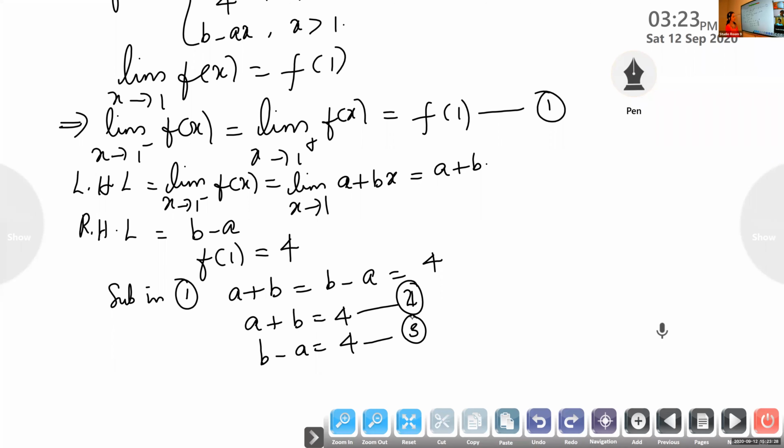So what is the value of A and what is the value of B? Aishwarya, can you repeat? A is equal to 0 and B is equal to 4. Very good. When you add these two, A will get cancelled. So you get 2B is equal to 8, isn't it? From here you can find what is B. Substitute this in any one of the equation and find out what is A.